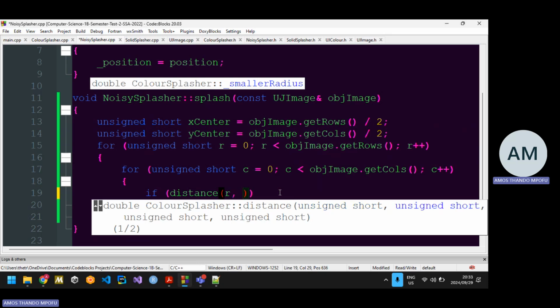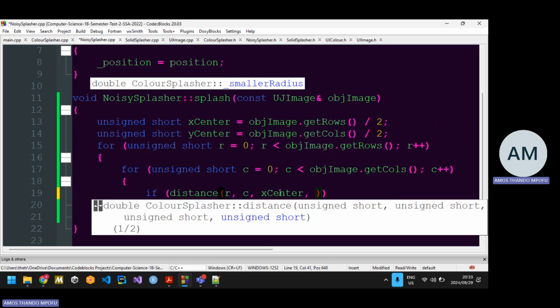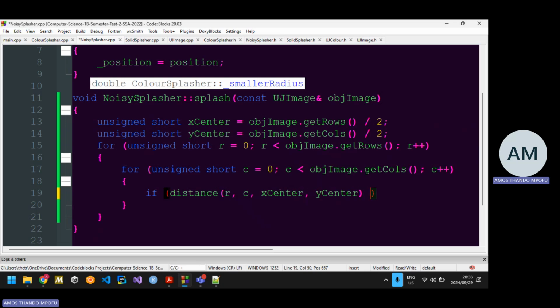And then my y1, remember the way I've structured the function. It takes in x1, y1, x2, y2. So y1 is c. And then I need to go to x2, which is x center. And then y2 is y center. And then that distance that I found, if it happens to be less than or equal to the smaller radius,